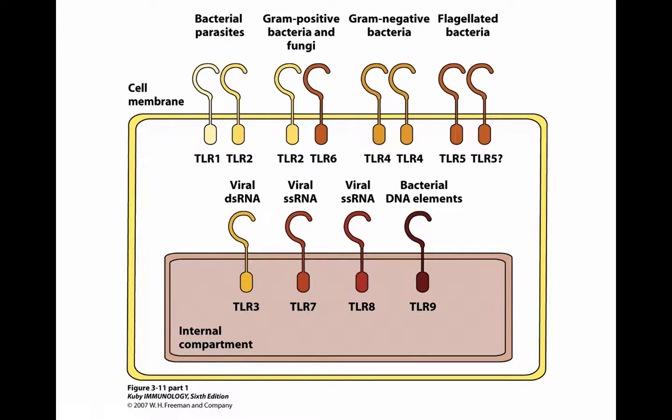And so you're born with these. And when you're born with a specific type of toll-like receptor, then you have a good innate immune response to that particular thing. And you can see the different classes of these that are out there that can be even able to bind to double-stranded RNA, single-stranded RNA, DNA elements of bacterial cells. These are really important in the innate immune